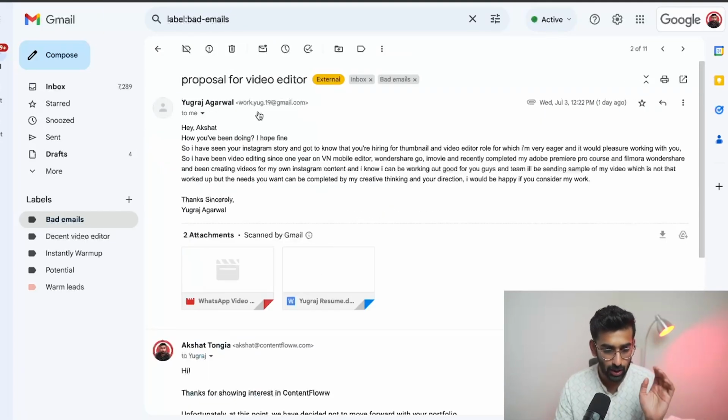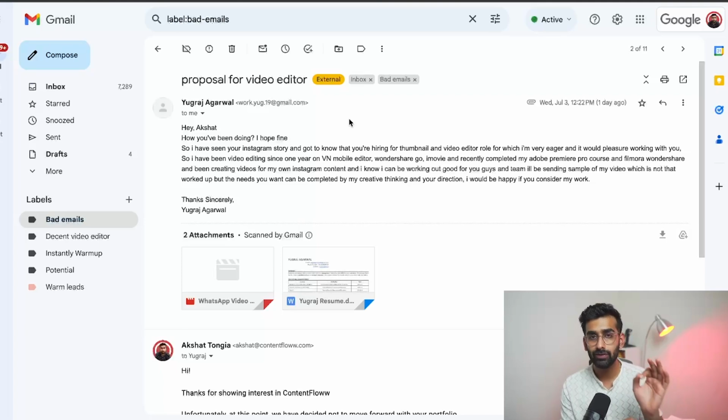Another one is from Yugraj Agarwal. The problem with this email, I don't know if you can notice, is not that it is not readable. Me, my team, or anybody in the world who is busy, and has to review hundreds of portfolios whenever they are hiring, needs an email which is very crisp and easy to read. This particular email just put a lot of stress and strain on my eyes, and there is a lot of resistance for me to go through this email